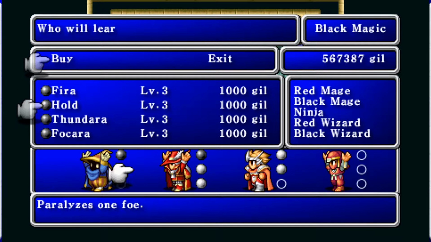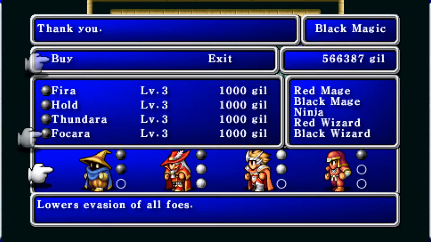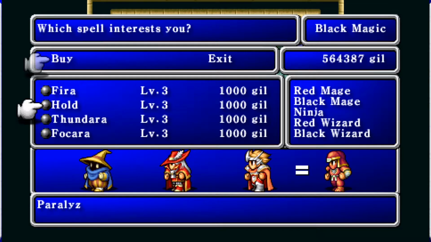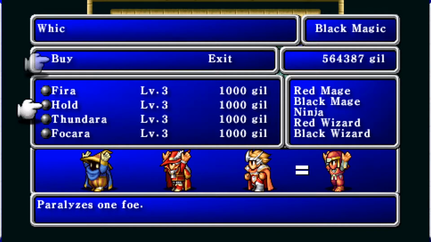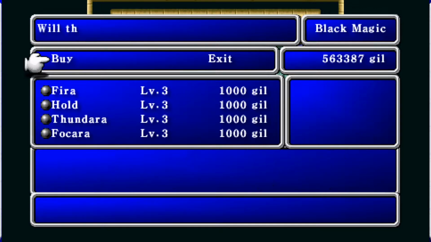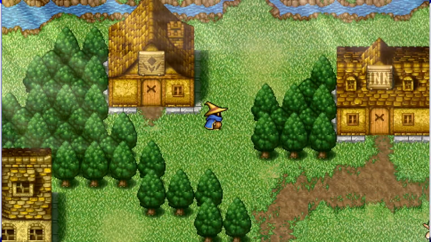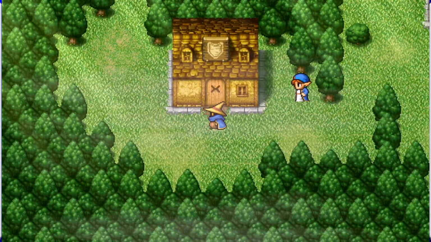Which I am gonna give you this. You know what, you take this as well, just so we have more than one person with it. This, and I think... Wait, what? Oh yeah, you already have it. Okay, I'm gonna give you Thundara, just because. Okay, so now we're just looking for the level 4 black magic, since ironically enough, Jags can